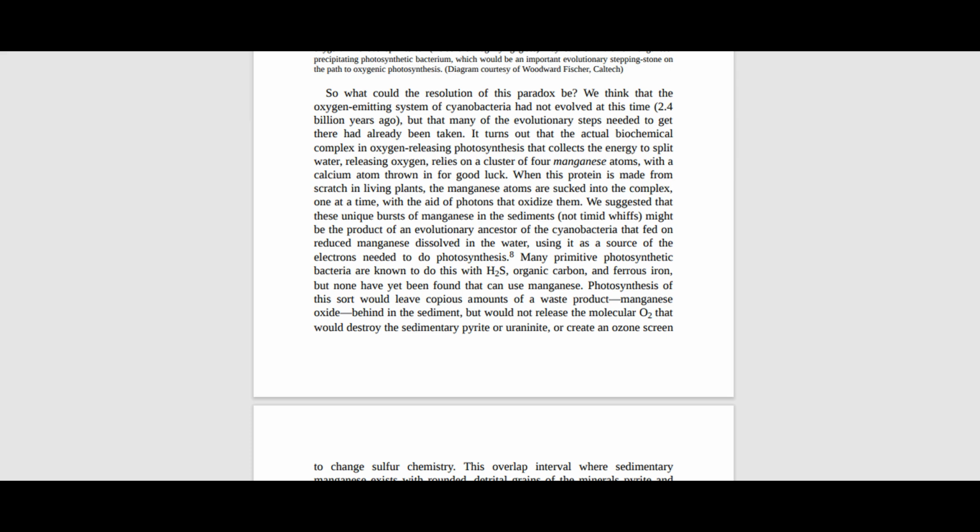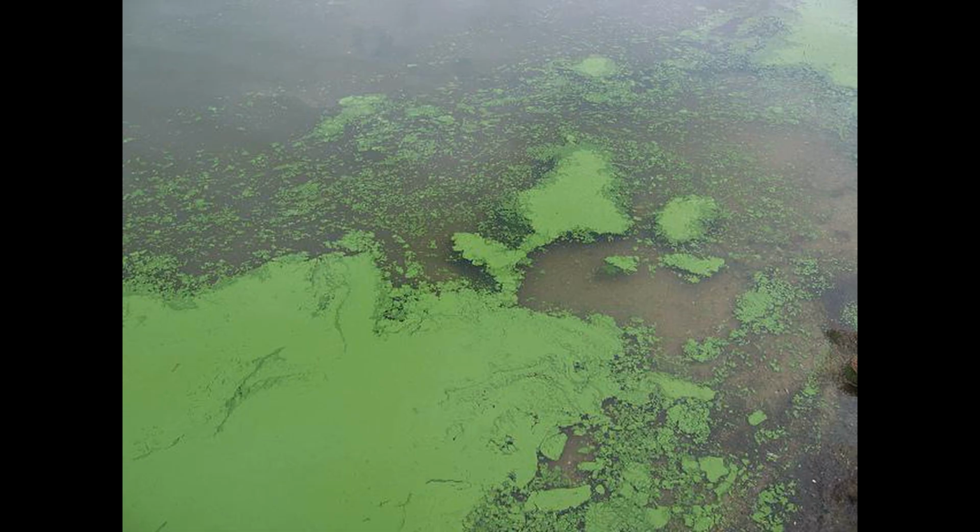Many primitive photosynthetic bacteria are known to do this with hydrogen sulfide, organic carbon, and ferrous iron, but none have yet been found that can use manganese. Photosynthesis of this sort would leave copious amounts of a waste product, manganese oxide, behind in the sediment, but would not release the molecular oxygen that would destroy the sedimentary pyrite or uraninite, or create an ozone screen to change sulfur chemistry." Close quote. Once photosynthesis did evolve, cyanobacteria began pumping free oxygen into the oceans, which caused the rusting